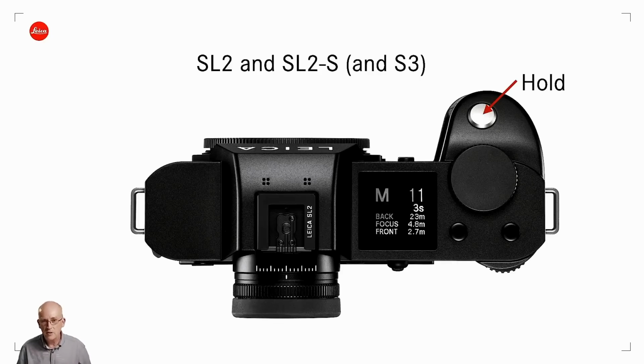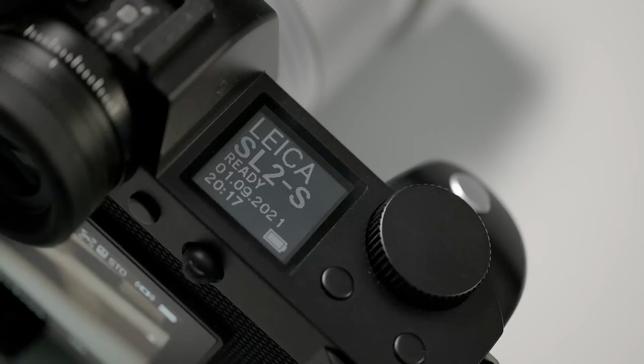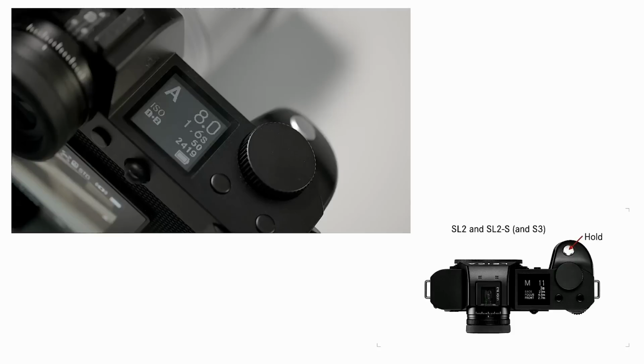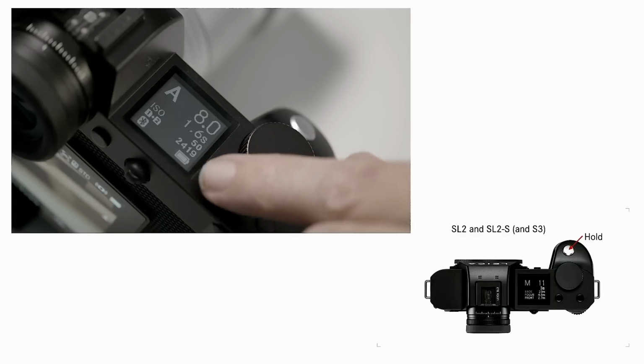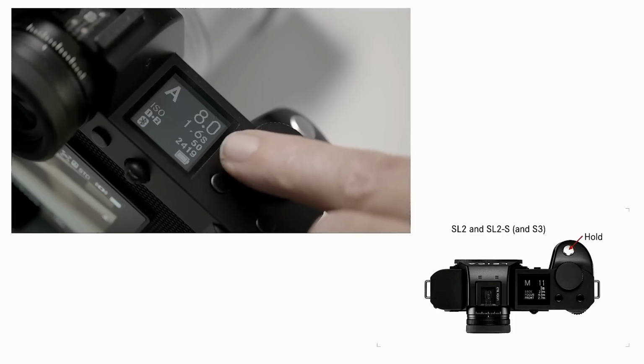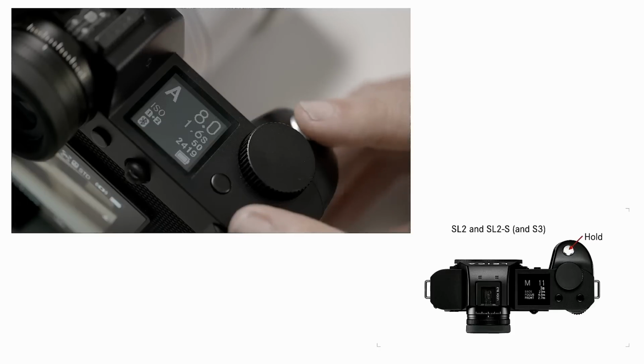Now, I want to show you this because Owen did mention this. So let me just turn on a camera I have here. And I'm hoping that if I swap, hopefully this is going to work. Yay. In fact, we'll do that there. How's that? This is the top of an SL. This is the actual screen on the top of the camera. And if I hold down the shutter button,